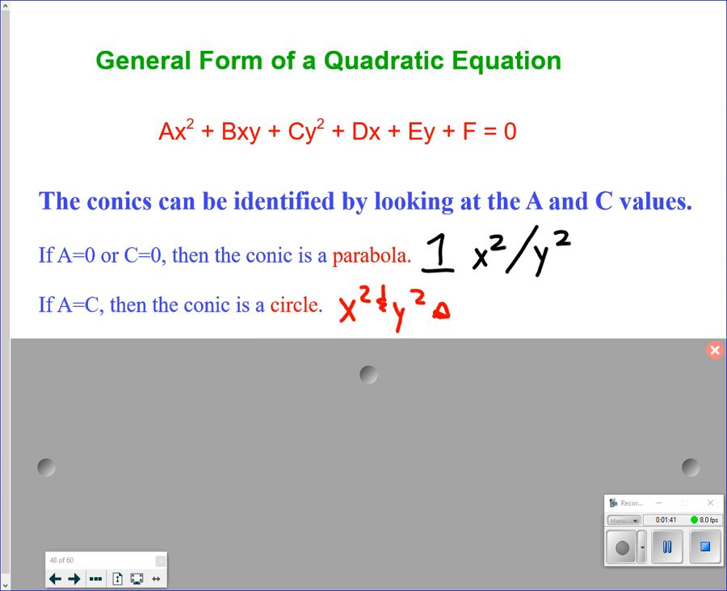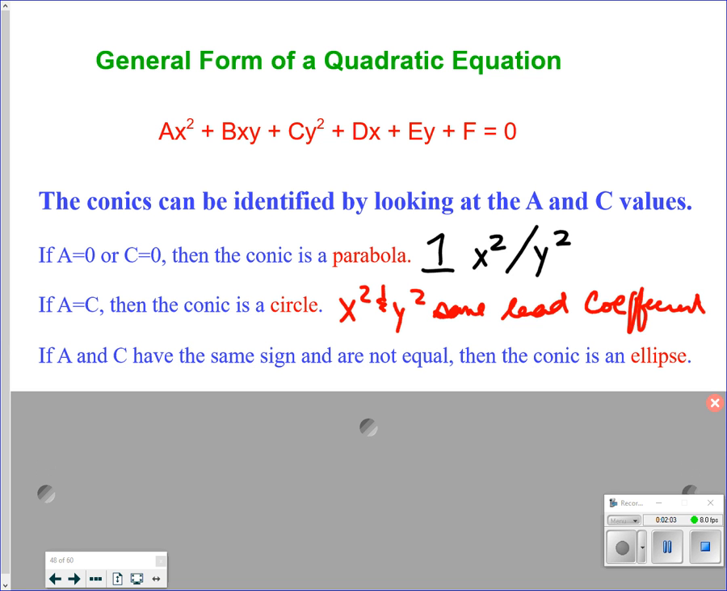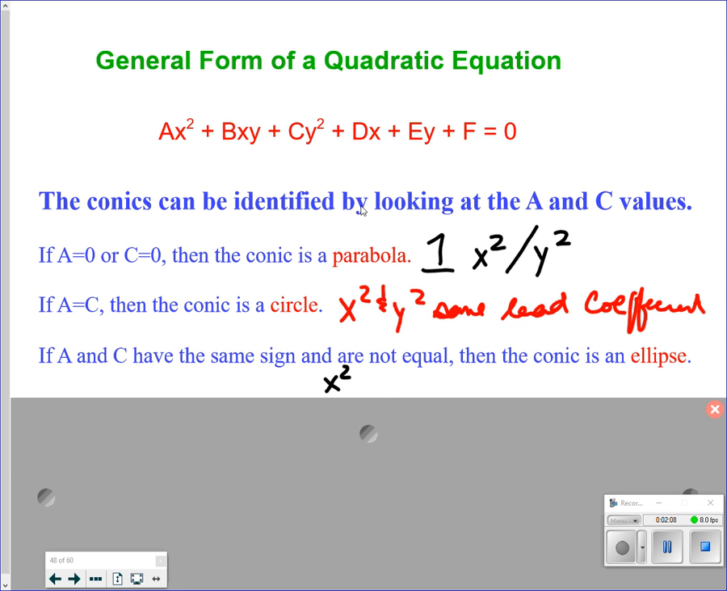The next one: if you have an x squared and a y squared with the same lead coefficient, both positive or both negative, it doesn't matter because then you can multiply everything through by negative. So an x squared and a y squared with the exact same lead coefficient in front of both of them. Now, here's where things start getting a little bit dicey. You have an x squared and a y squared, both positive or both negative. Again, we can change all the signs. So the same sign,